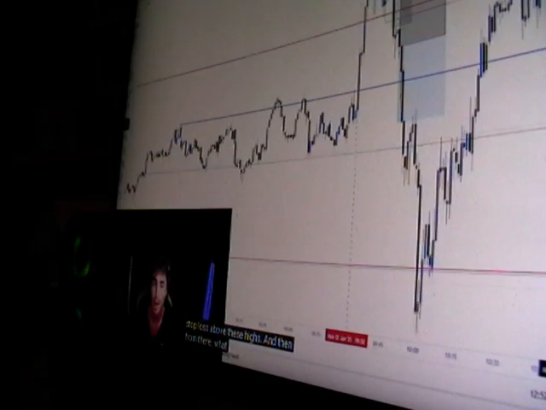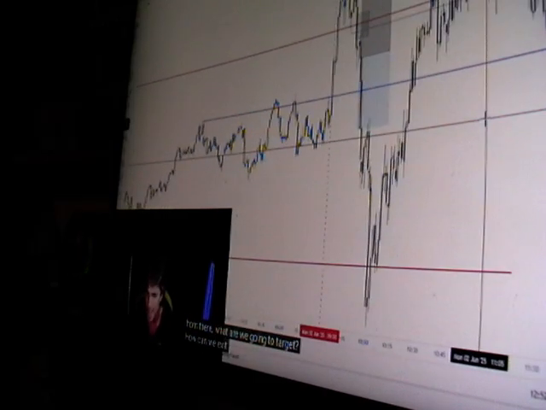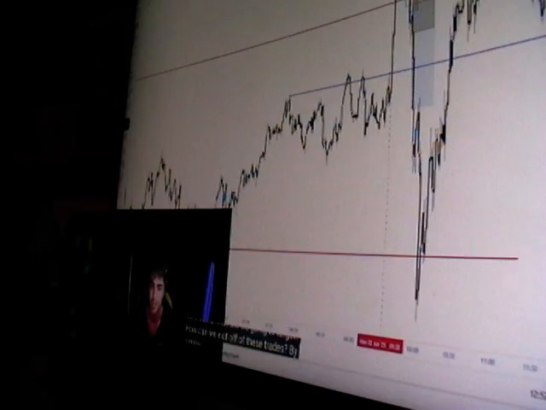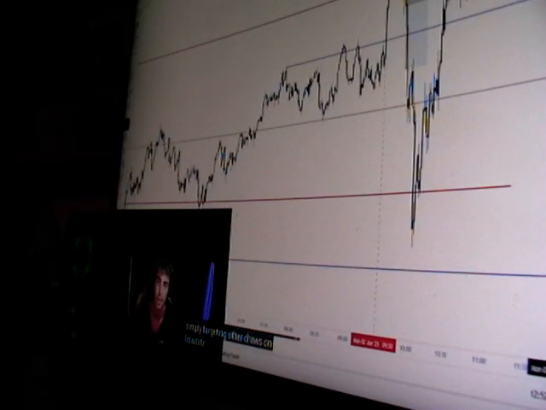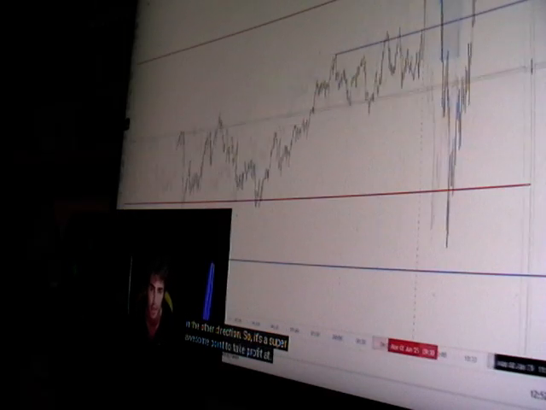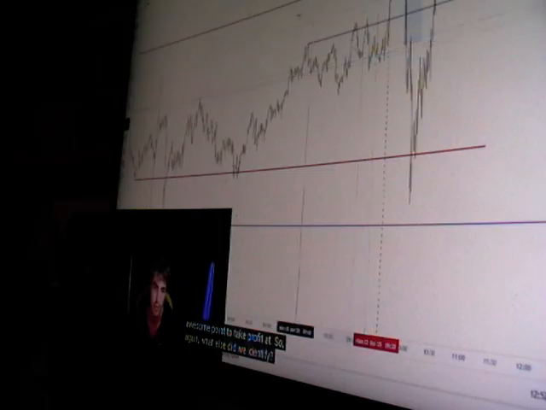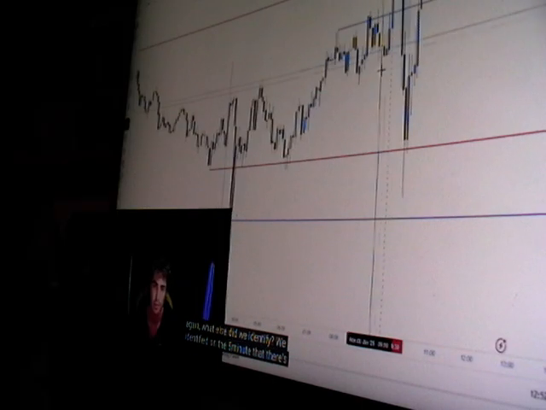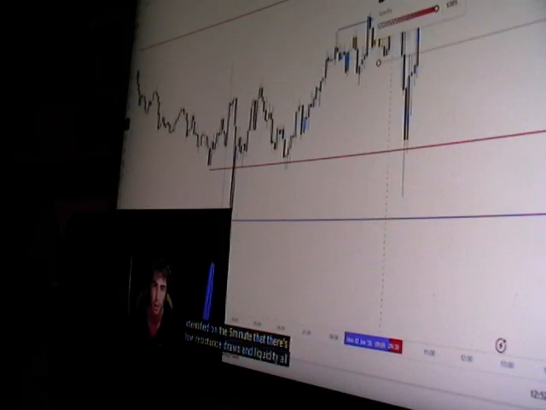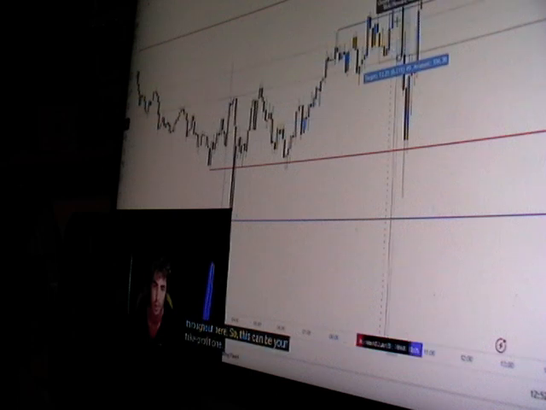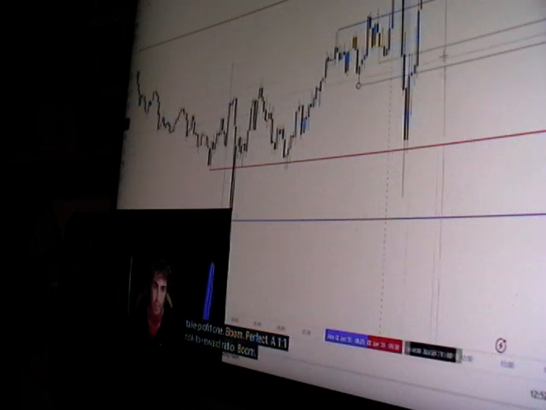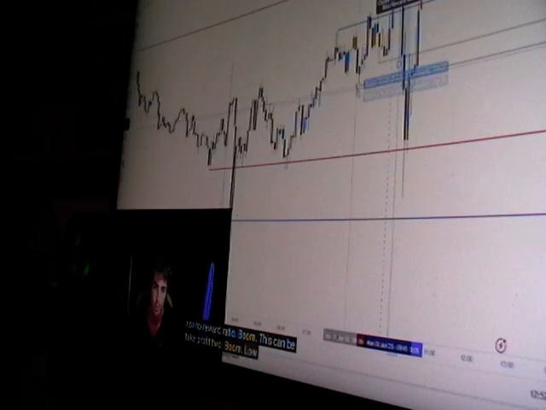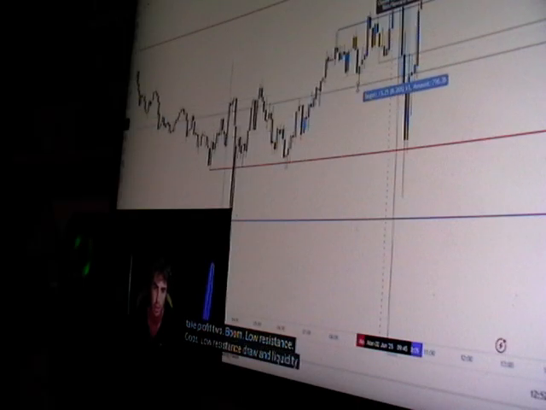And then from there, what are we going to target? How can we exit off of these trades? By simply targeting other draws on liquidity. Why? Because other draws on liquidity have potential to move price in the other direction. So it's a super awesome point to take profit at. So again, what else did we identify? We identified on the 5 minute that there's low resistance draws on liquidity all throughout here. So this can be your take profit 1, boom, perfect. A 1-to-1 risk to reward ratio, boom. This can be take profit 2, boom. Low resistance draw on liquidity gets hit.